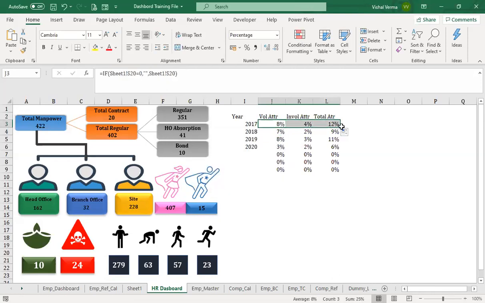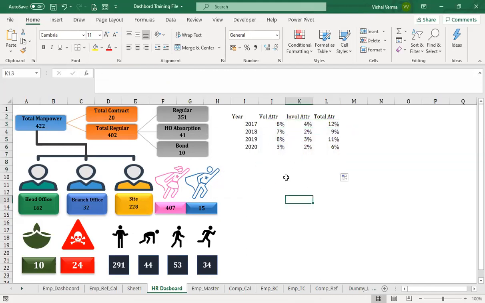We can just drag it down, and it will give the blank space. No one knows how many years they have been working. Now here we have to give the option.